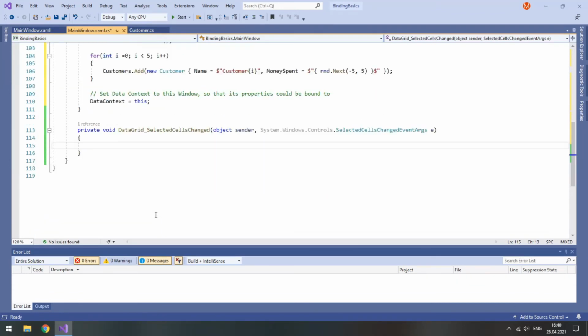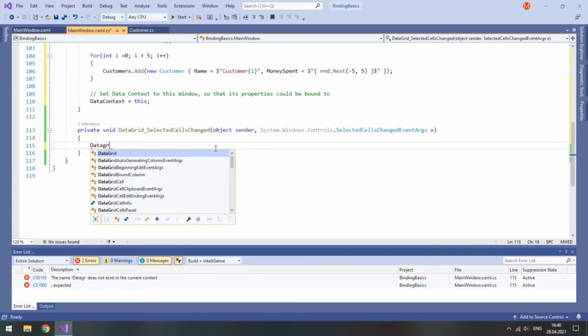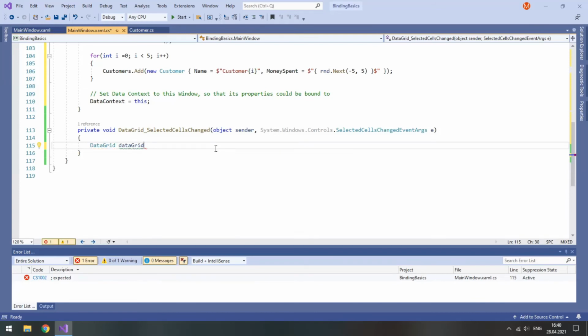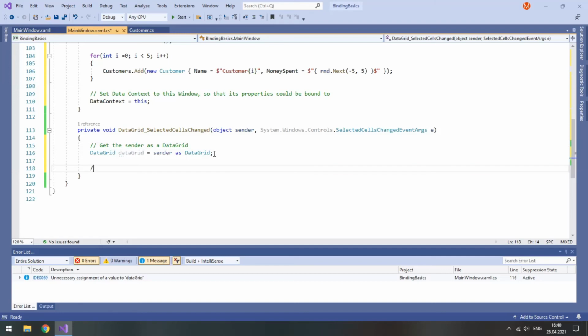And the last step is we need to actually get the selected cell. So first of all, we will need to convert our sender to a data grid. So data grid called data grid will be equal to sender as data grid control. So we get the sender as a data grid, and then we need to check if at least one cell is selected.